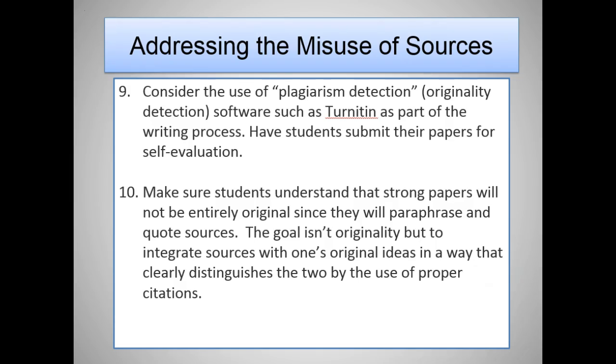But there are places where I thought I paraphrased carefully enough, but the software is telling me that it's too close to the original, right? So I get a chance to go back and make those changes. Anyway, that's my little spiel on